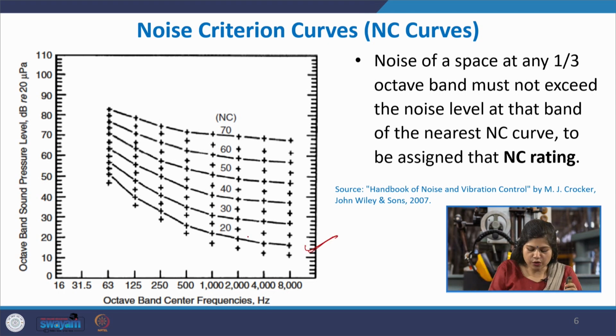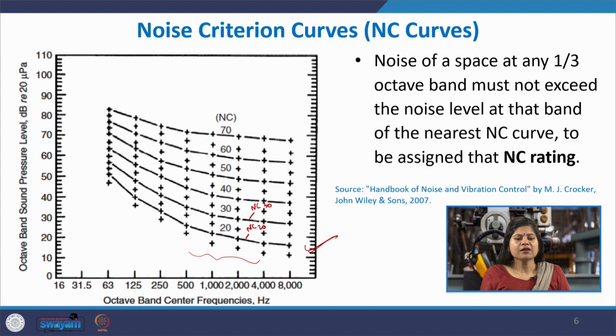Okay. So, this corresponds to an NC of 20, this one corresponds to an NC of 30 and so on. What the curves show overall is that, because our hearing is more sensitive beyond 500 Hertz and so on, the 1/3 spectrum, ideally, should be of this shape within that acoustical environment. So, in these sensitive zones,